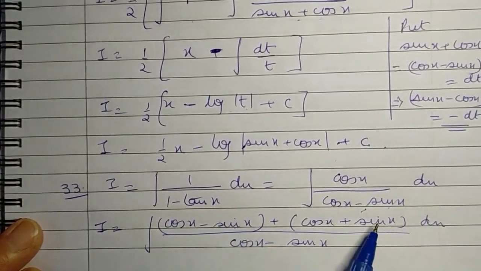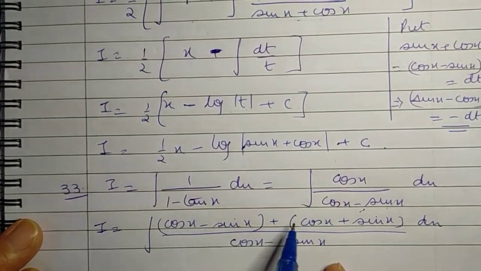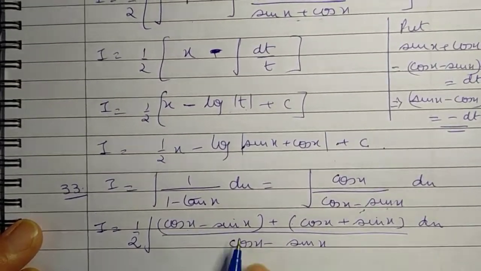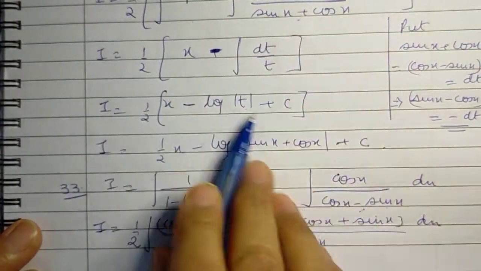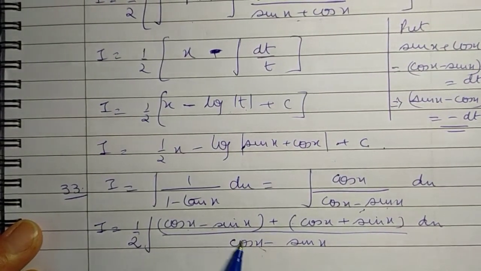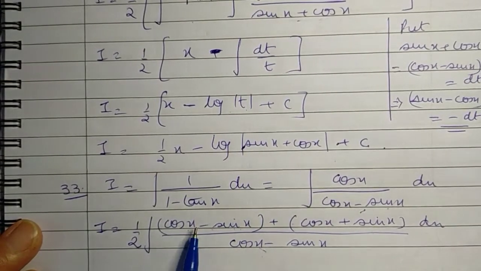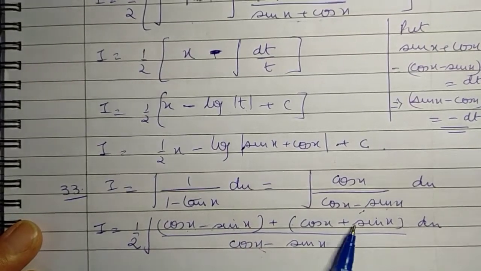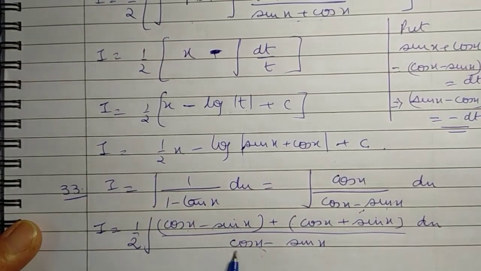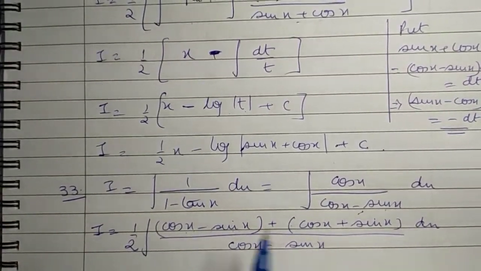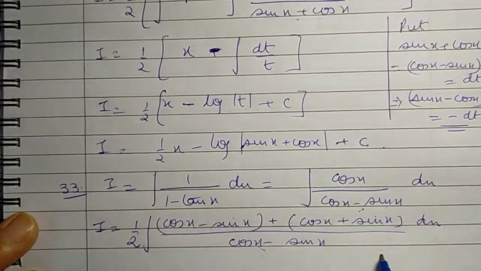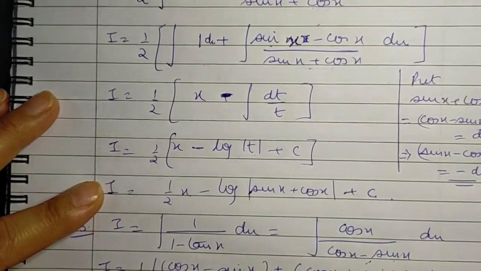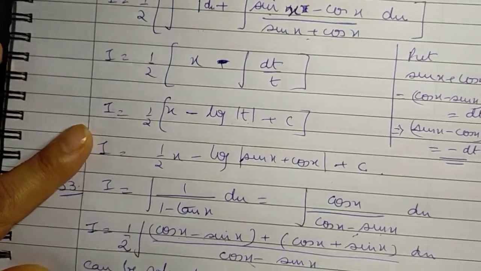Now this sin x and this sin x get cancelled, and this cos x becomes twice, so you have to make it half, and then you split the numerator and do exactly in this manner. This gives you 1 whose integral is x, and this is the function whose derivative is in the numerator, so you will get log of this function, which can be clearly solved like above.